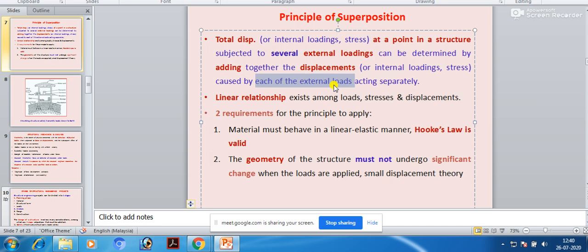And you must understand this displacement relationship must be a linear relationship. That means your Hooke's law must be valid. If it goes beyond Hooke's law, then this linear relationship will not be maintained. So you cannot